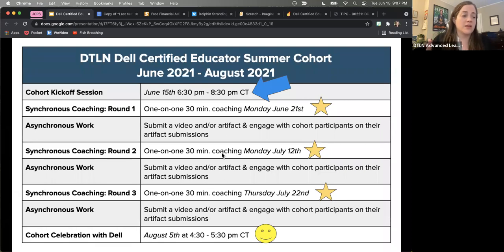And people really tend to enjoy the coaching just because it's just you and me, and you can work on whatever the goal is that you're focused on, and I'm just there to help you. And that's what we focus on, getting you down here at the celebration, which is the smiley face. And that's where you get your Dell certification. So it's 3 evidence rounds with 3 coaching rounds, and then it's complete.